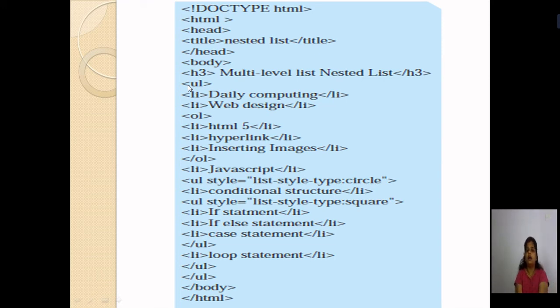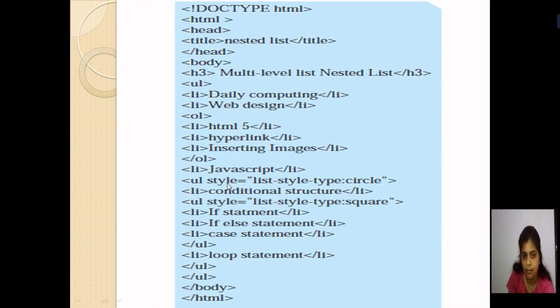Okay, now in web designing, under web design I have used which tag? OL tag. Now what is the use of this OL tag? It will make a sublist of your web design. Okay, the subparts in web design are given as HTML5, hyperlink, inserting image. There are 3 list items under your web design, so that will be listed here. Your OL tag gets completed. Okay, then your li tag is there for JavaScript. Again, which symbol will be assigned by default for JavaScript, which was started over here? Okay, in this UL tag, that will be assigned.